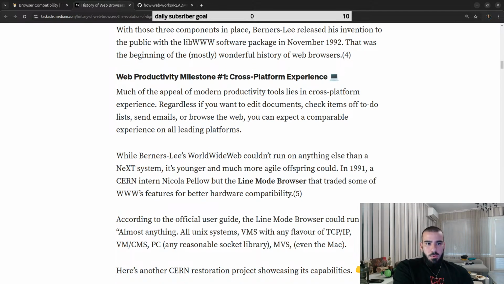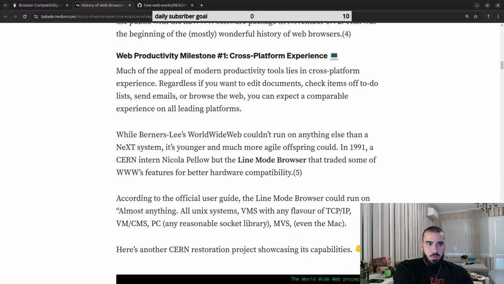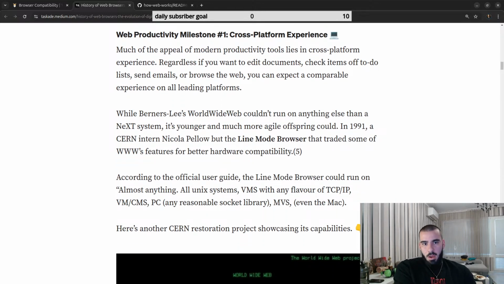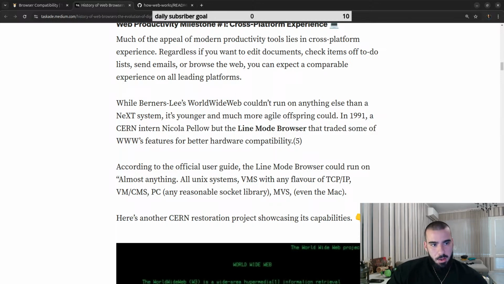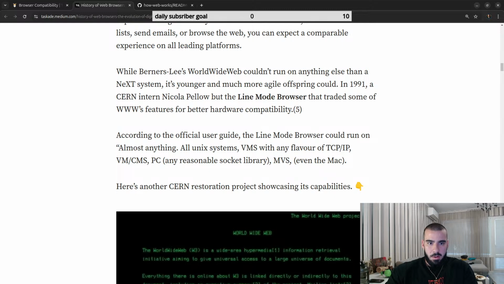Web productivity milestone number 1: cross-platform experience. Much of the appeal of modern productivity tools lies in the cross-platform experience. Regardless of whether you want to edit documents, check items off the to-do list, send emails, or browse the web, you can expect a comparable experience on all leading platforms. While Berners-Lee's World Wide Web couldn't run on anything other than a NeXT system, its younger and much more agile offspring could. In 1991, a CERN intern, Nicola Pellow,